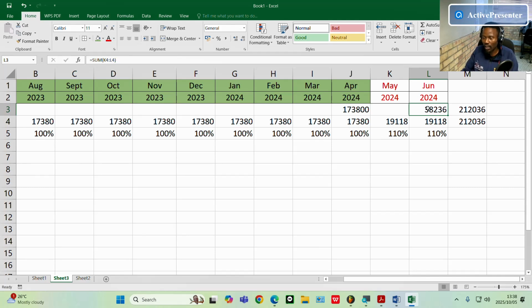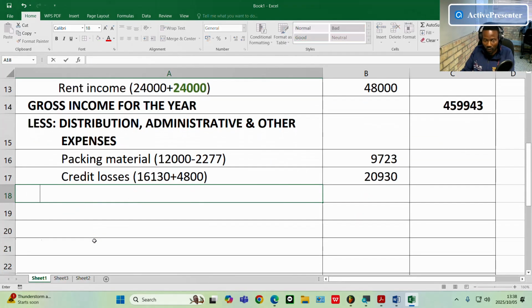So now let us try to actually do it on our statement of profit and loss. So it's salaries. We're going to take this 173,800, we're going to add, so it's plus, let me just put this, yeah, we are going to add,